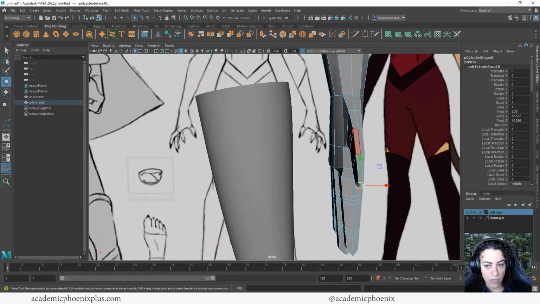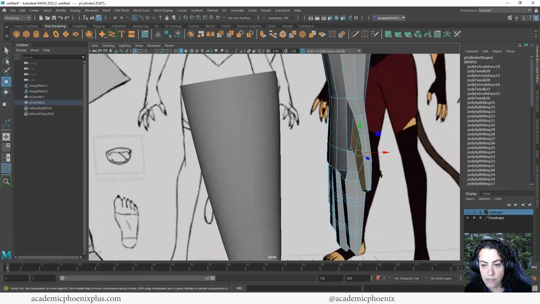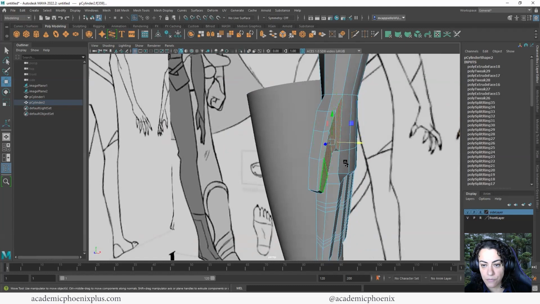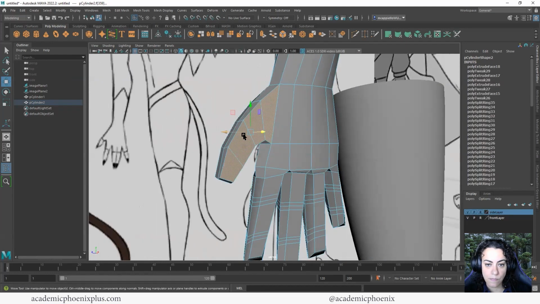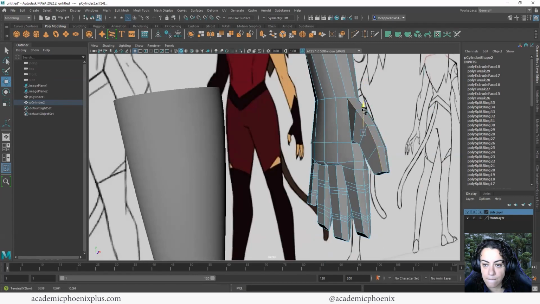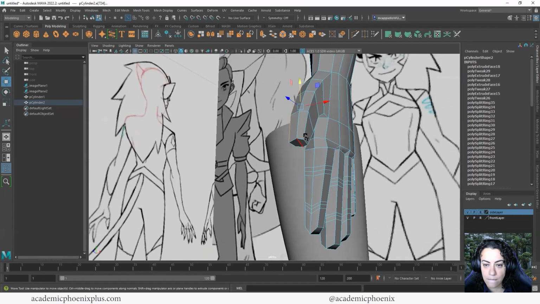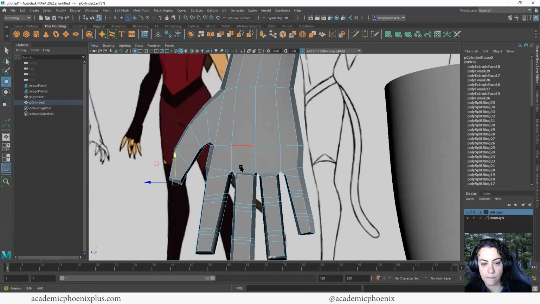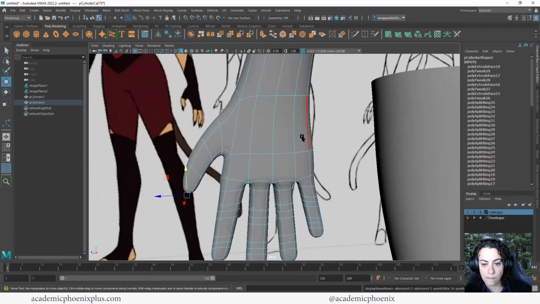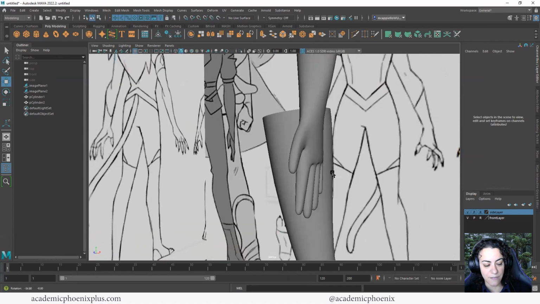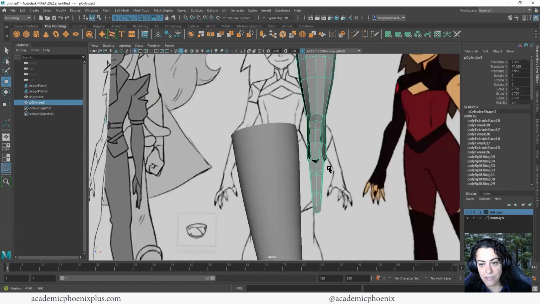Now our thumb is actually pretty thick, so I need to grab these guys and make sure that it's thick enough so it looks like an actual thumb. I can also bring these edges down so I can round it out a little bit. All right, so that's the basic hand. It looks kind of cartoony. It's because it doesn't have the details. For example, it's missing